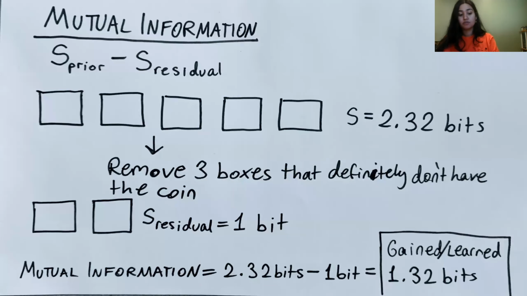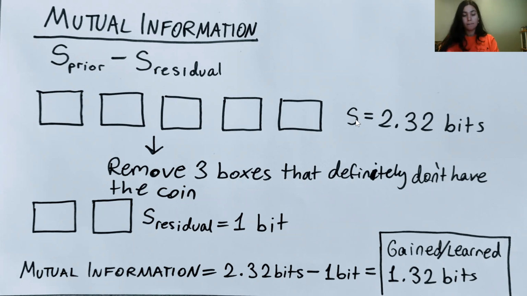Okay, so mutual information is basically the amount by which uncertainty is reduced, and how much uncertainty has been reduced is equivalent to how much we have learned about a situation and how much information we have gained about a situation. So if there is a coin in one of 5 boxes, and if the probability of the coin being in each box is equal, we can calculate using the formulas described before that the uncertainty of the situation is